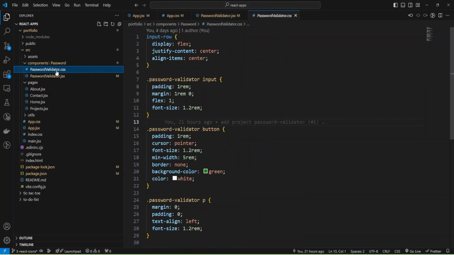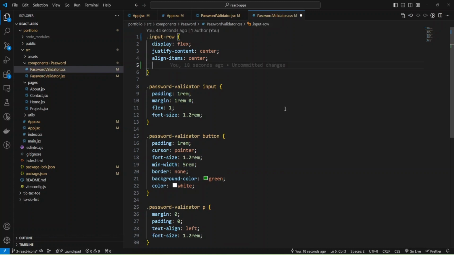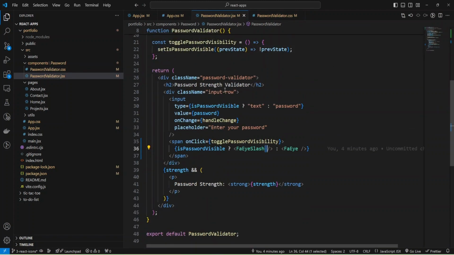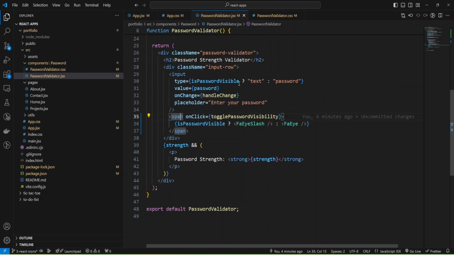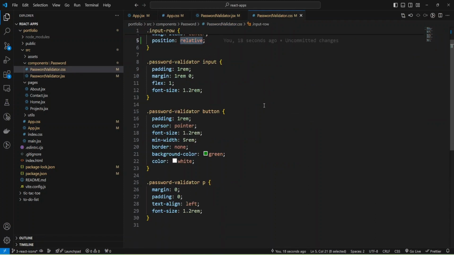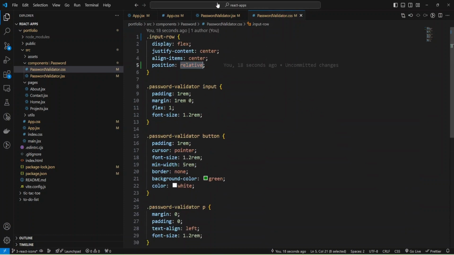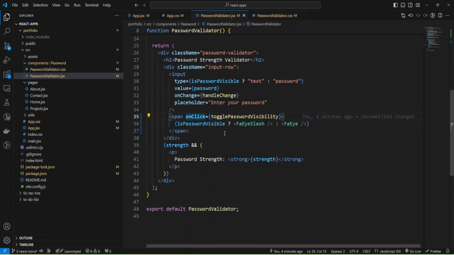And for that I need my password validators CSS, and I forgot to mark it as class, and I can adjust styles and make this input row position relative. And let's check what we have. We have our input row, and I'm going to add absolute position to align my span on input row. Okay, and now I'm going to add my styles to span, and I'm going to provide some name probably, and it will be class name